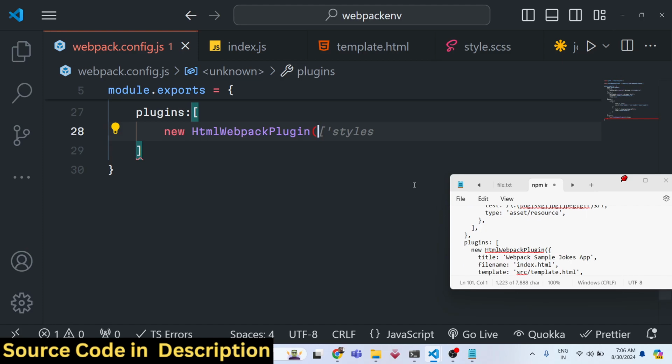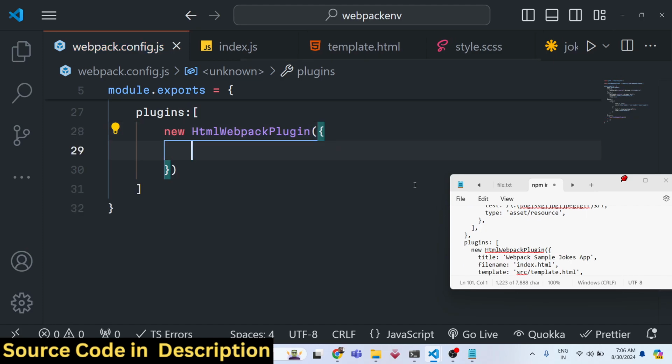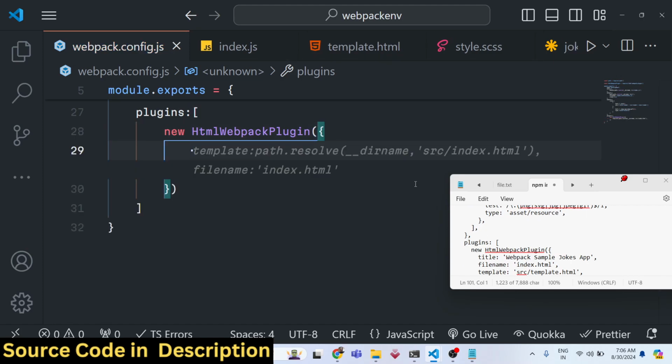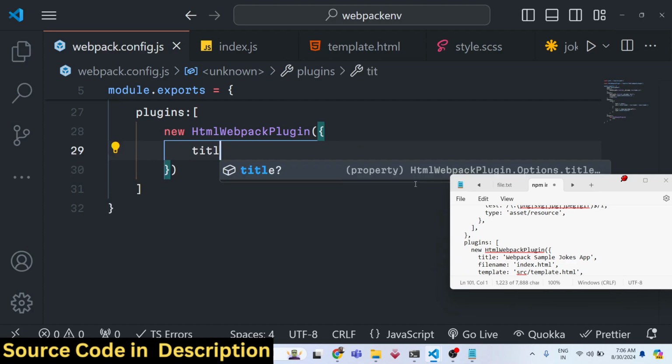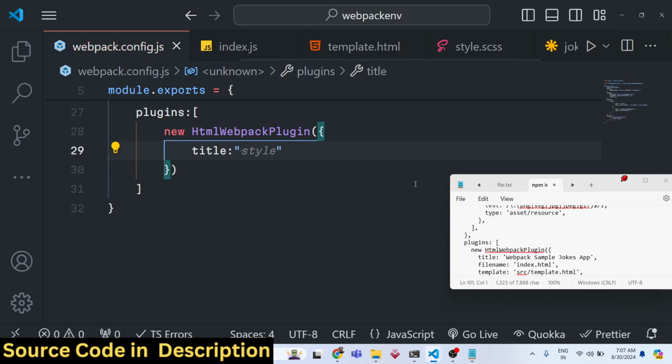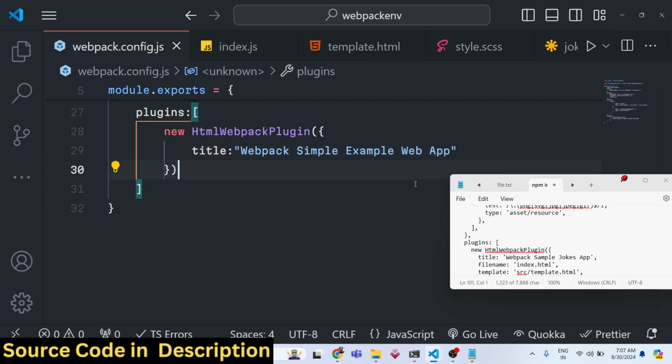So this takes an object inside this. The object actually takes the title. Whatever you want to give as the title of your app, you will give the title right here. So let me give here "Webpack simple example web app". You can give your own title,